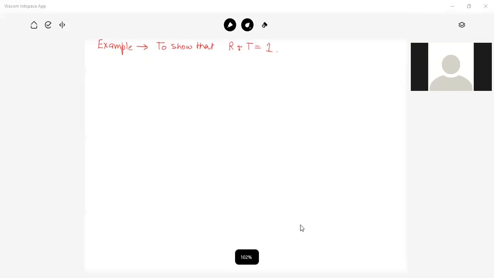So you have to show that the coefficient of reflection and coefficient of transmission must follow the law of conservation, provided there is no loss. If there is no loss, then this condition holds. Let's see how to show this. Solution: